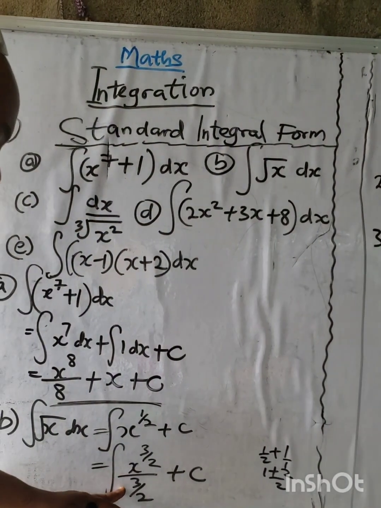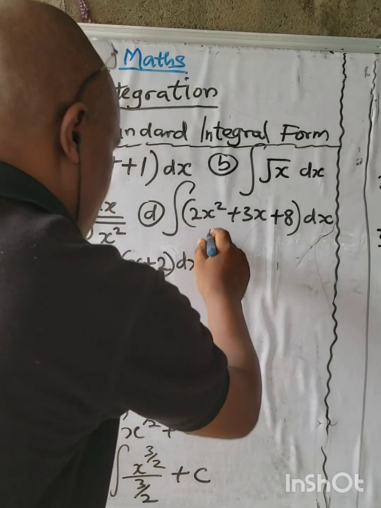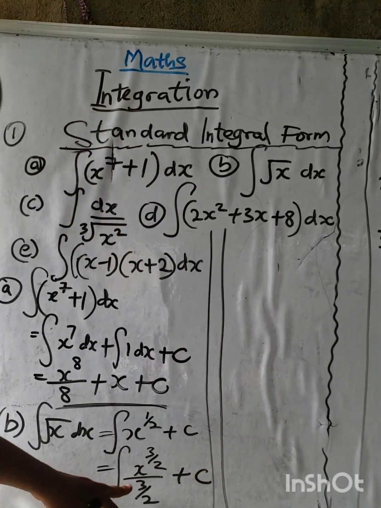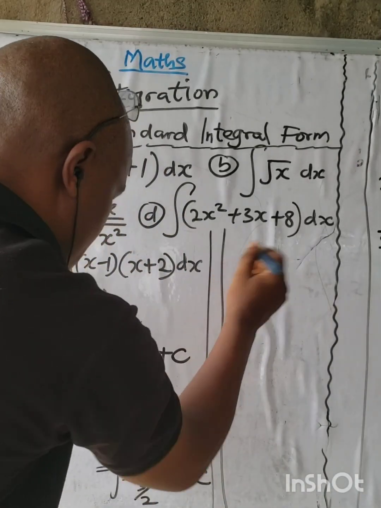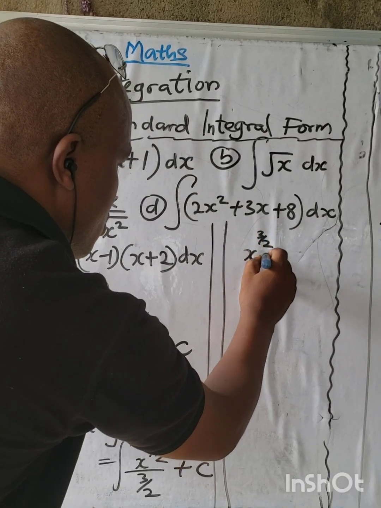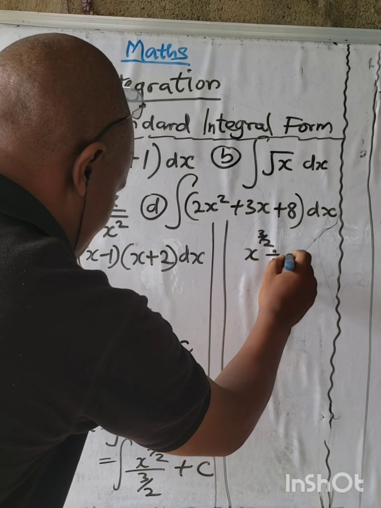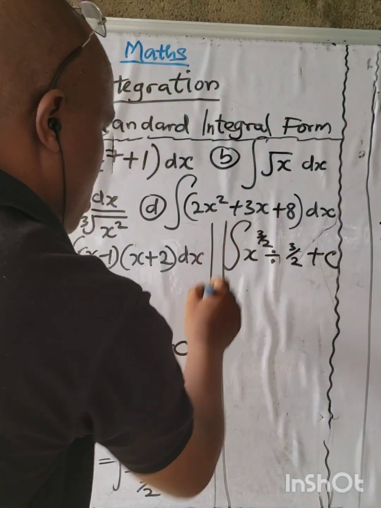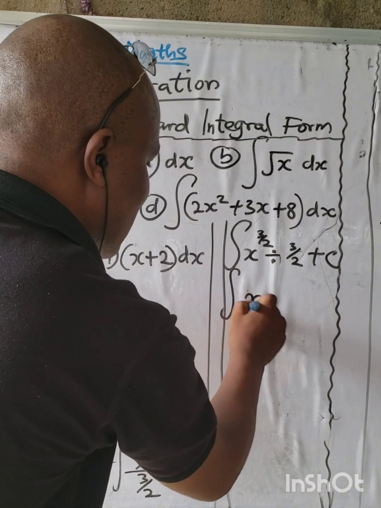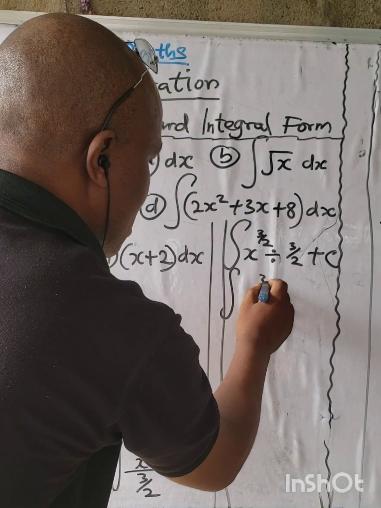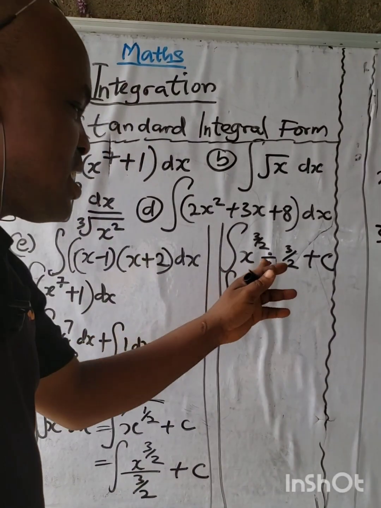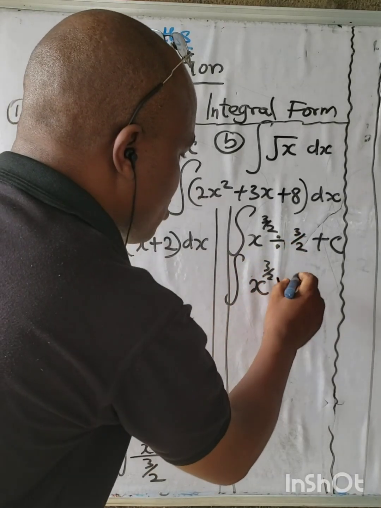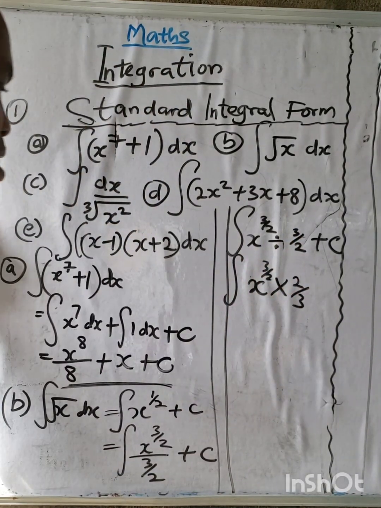We are not going to leave it like this. It means s raised to power 3 all over 2 divided by 3 all over 2 plus c. It means s raised to power 3 all over 2. We are going to change this division to multiplication under fractions. This will be changed to times 2 all over 3. Therefore,